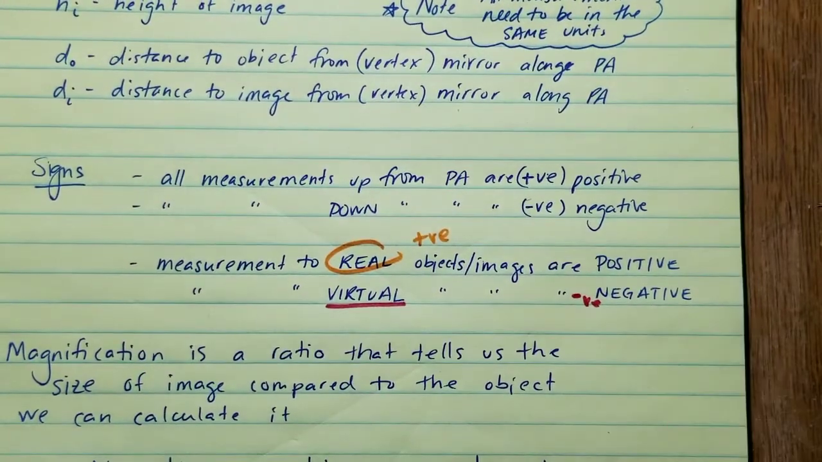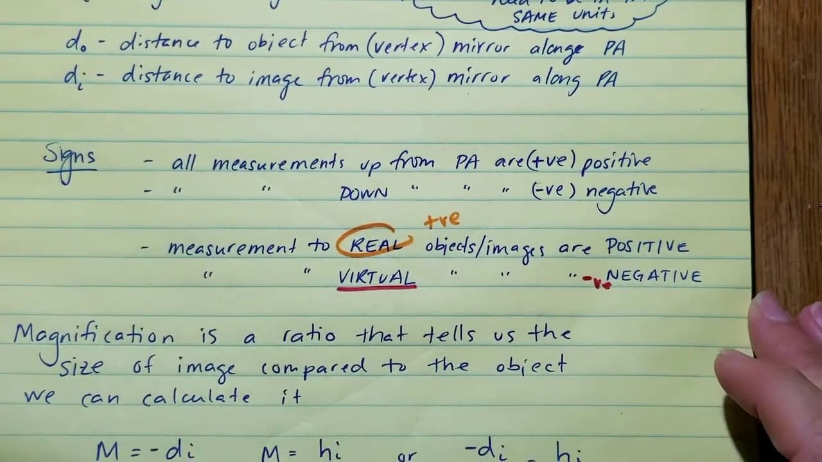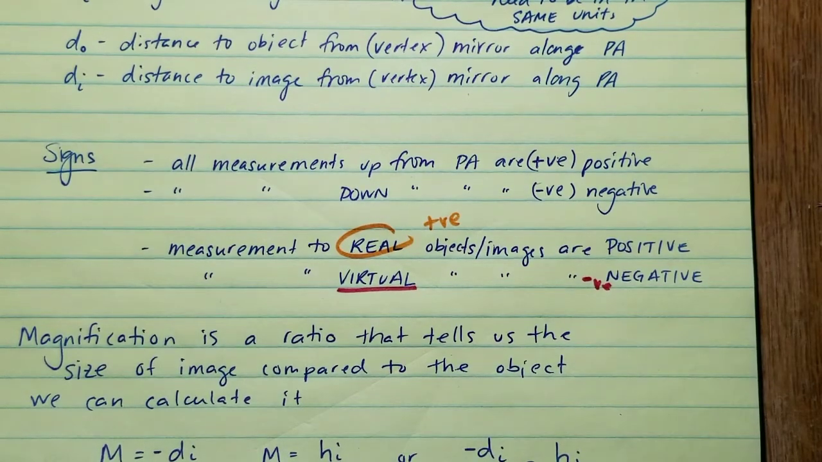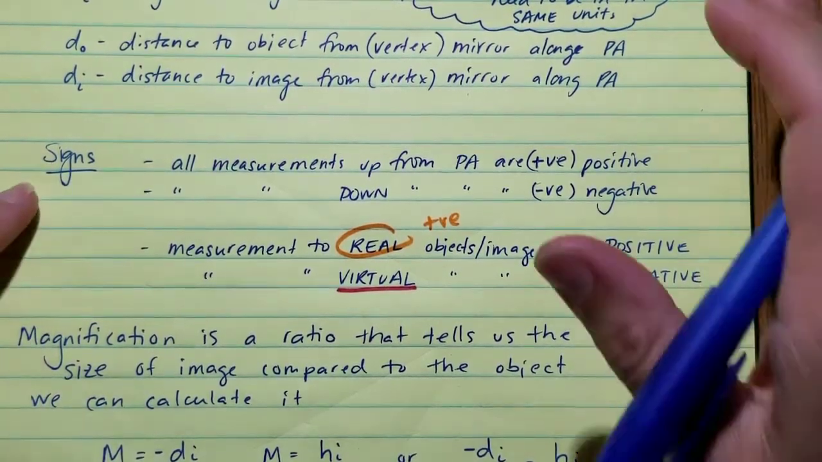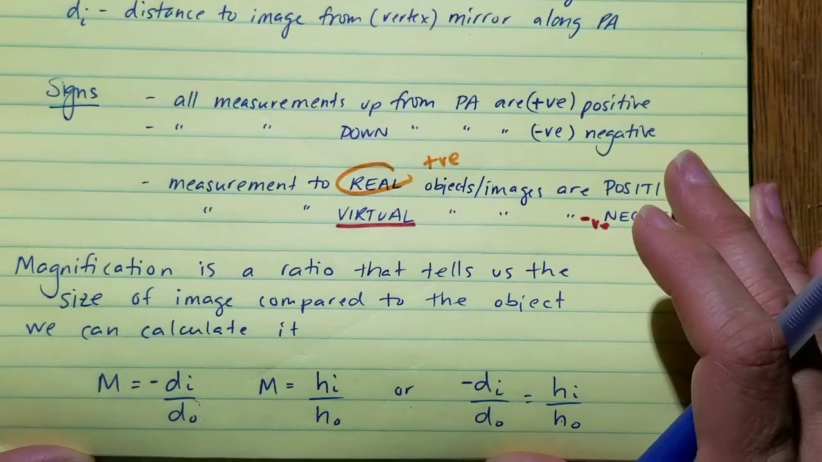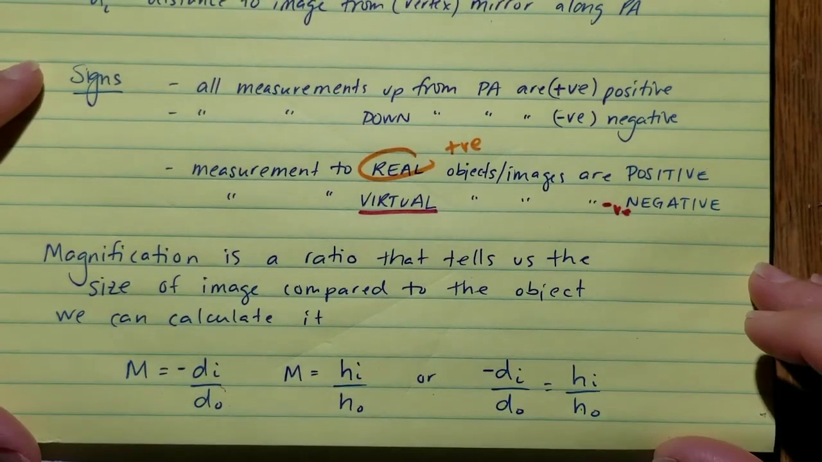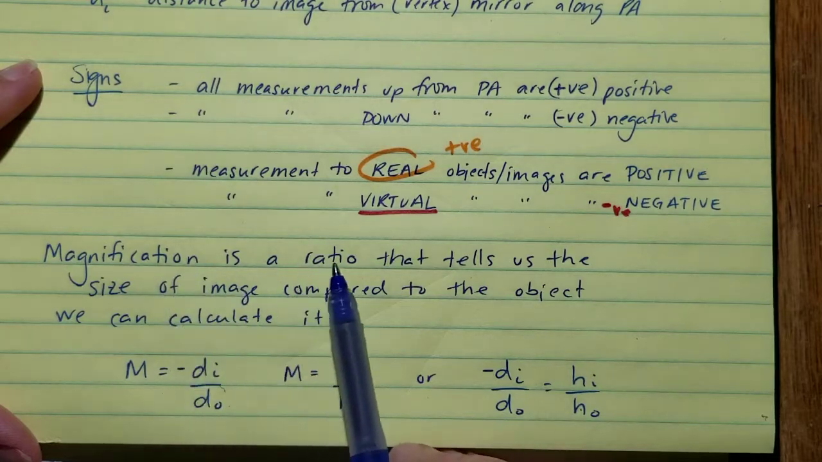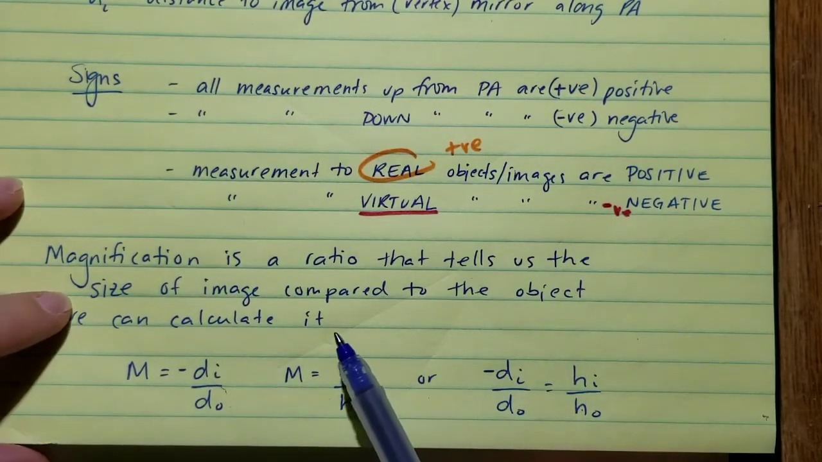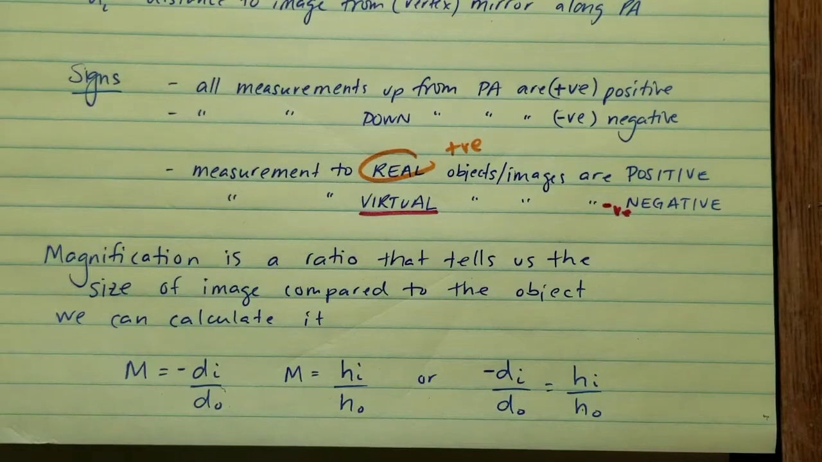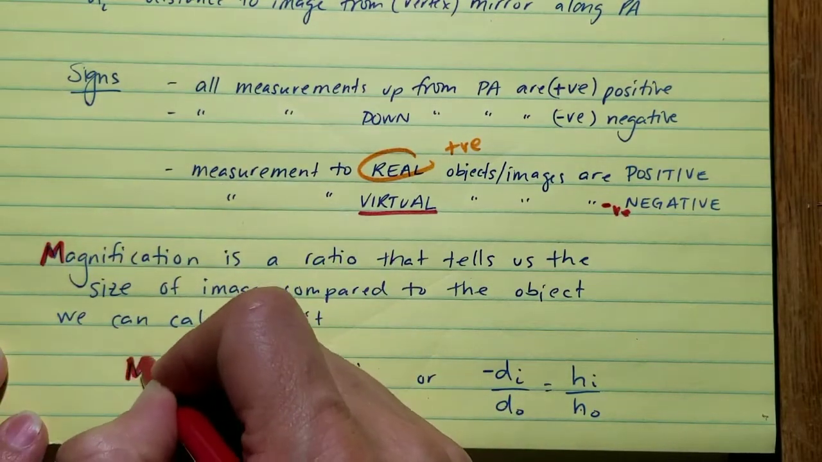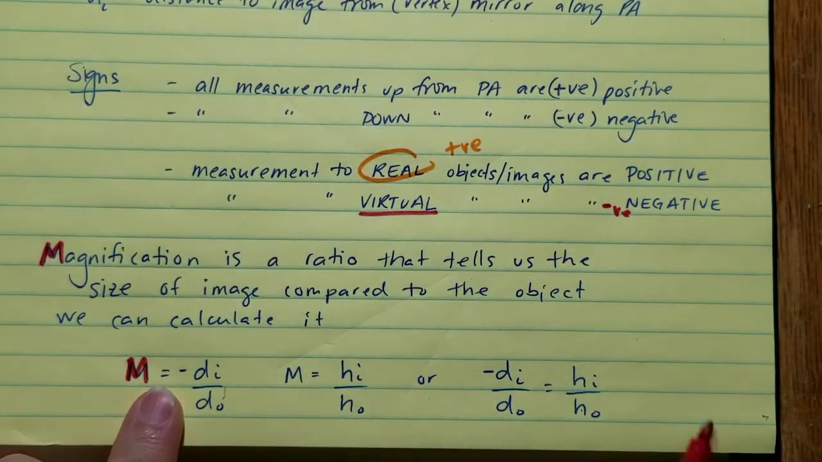Now, we often talk about magnification. If someone was saying the magnification is 2 times, you'd know that the image is 2 times larger. So with these variables, hi, ho, and di, do, we can calculate the magnification that a mirror or a lens produces. I know right now we're on mirrors, but technically this works for lenses as well. So magnification is a ratio that tells us the size of the image compared to the object, and we can calculate it. So big M, an uppercase M, stands for magnification,